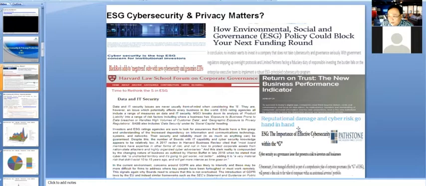This is the most important reason why you should consider cybersecurity and privacy protection a top priority in ESG management. There is also a trend in ESG management and ESG investment to treat cybersecurity as a governance matter. This means that top executives and board members should be part of the effort in cybersecurity and privacy protection.